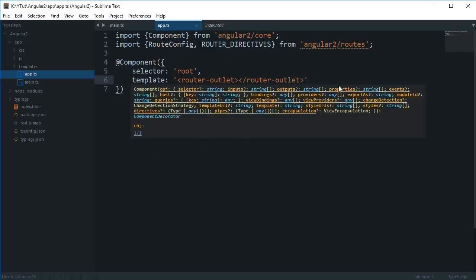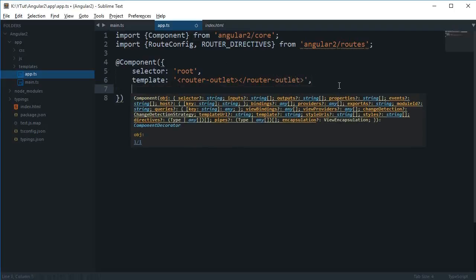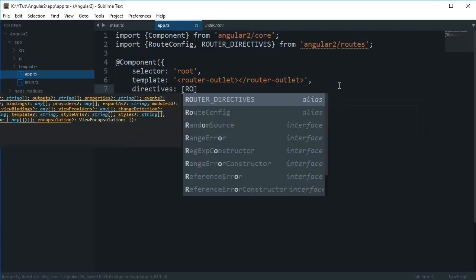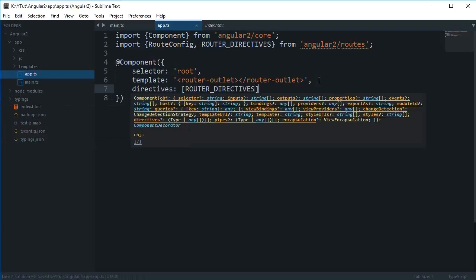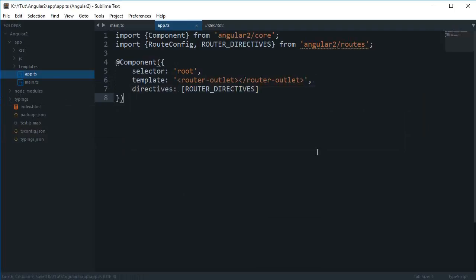So this is kind of a parent of every component we are gonna make use of in our application. Then next thing we want to have is directives, obviously, so that we can just inject all of that stuff inside this. And yeah, pretty much we are done here. And for route config, we're gonna need an array,